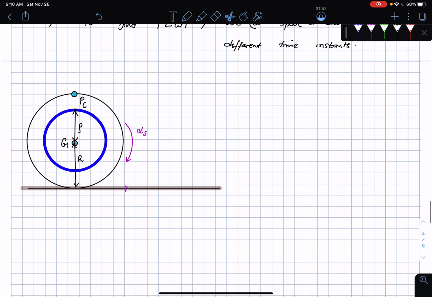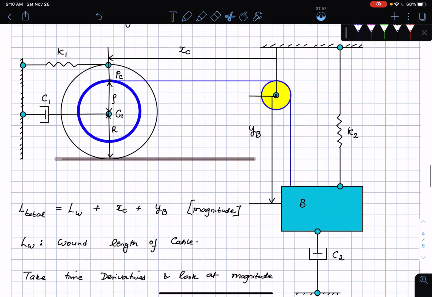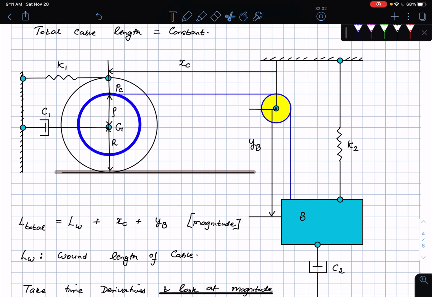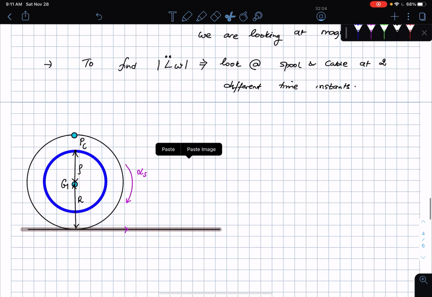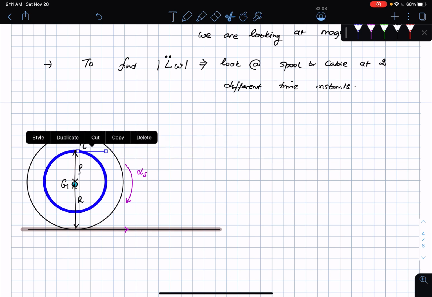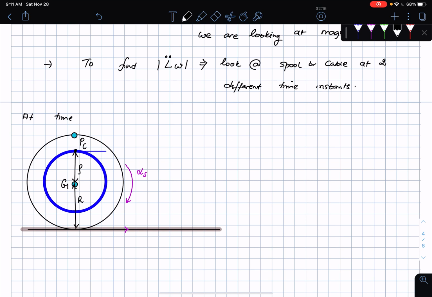Okay, so I'm going to be looking at two instances in time. So this is one instant in time. Let's say that here is the bit of the cable. So let me copy that and put that down here. Let's say that the point P was sitting right here at some point in time, so at some time t1. Okay, the point P was sitting there, and then at time t2, the point P and the entire thing has